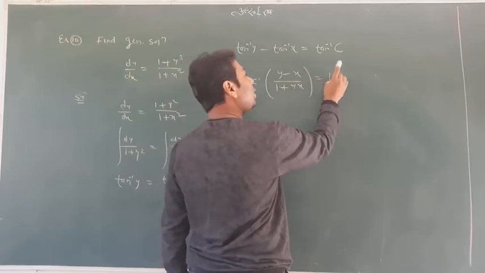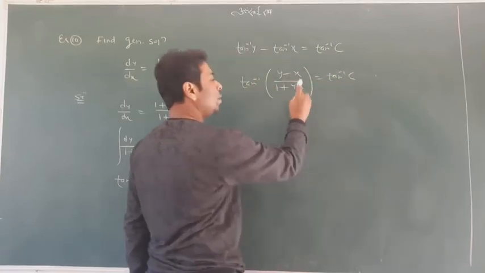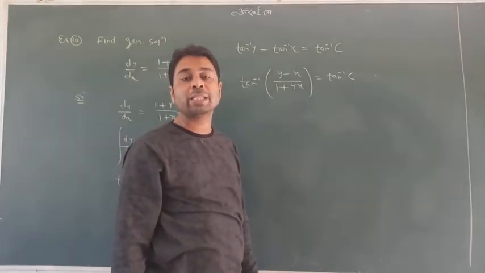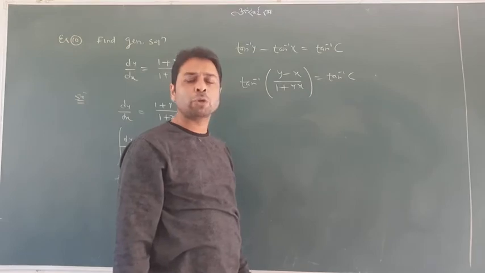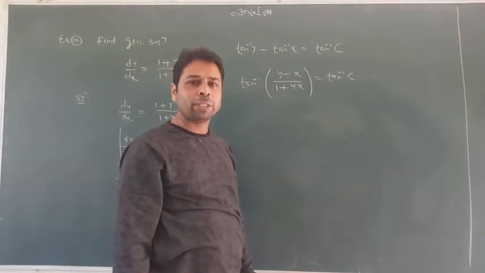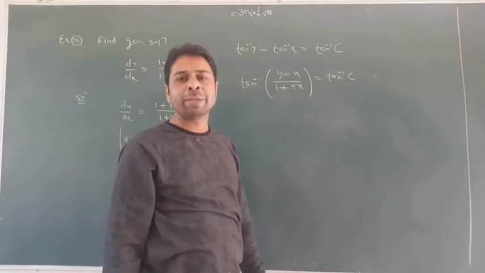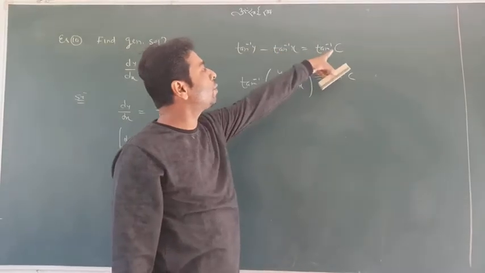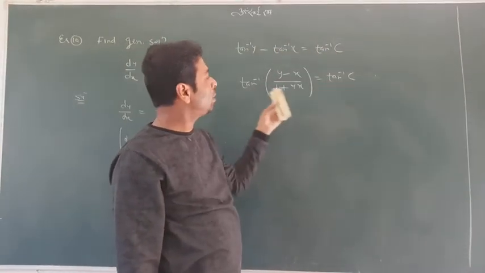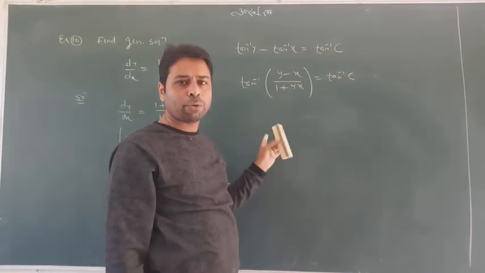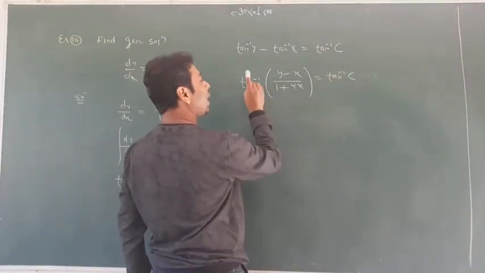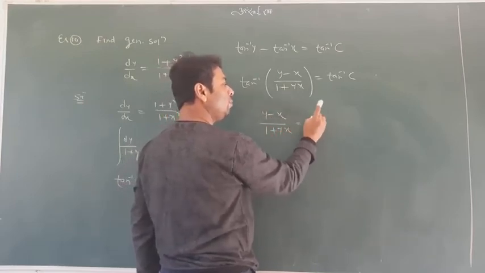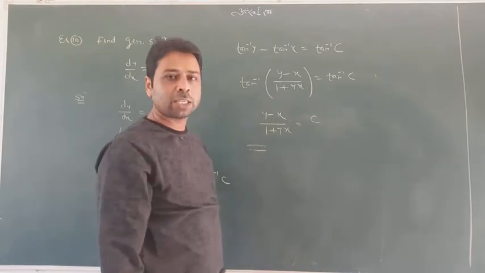I again say that this formula is now out of syllabus, because in inverse trigonometry there was only one exercise, I think the principal solution exercise, and all the rest of the exercises along with this formula have been eliminated from the new syllabus. So if you don't remember the formula, you can leave your answer right here. I am telling you this just in case you remember the formula, then you can use it. Both tan inverse will cancel each other, so we are just left with this term, and this is the last answer you can drop.